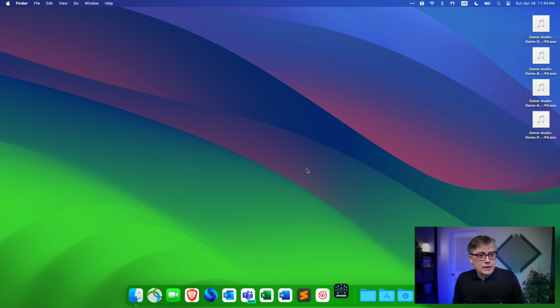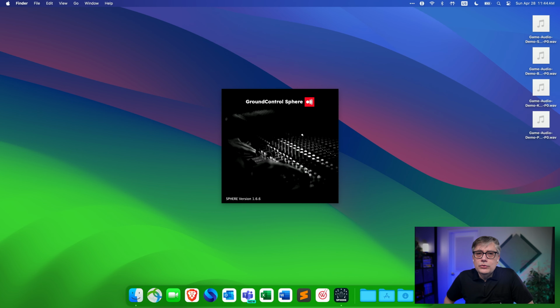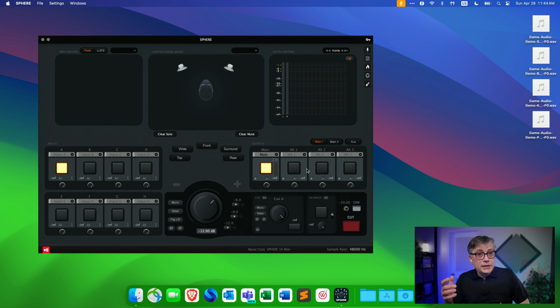Here we are. And in Ground Control Sphere, what I can do is I can select different outputs from my digital audio workstation and route them into different hardware outputs. In my particular case, all of these outputs are going to be routed into the Apple AirPods. So how do I set that up? Very, very simply. I have here the input section in Ground Control Sphere. And what I'm going to do is I'm going to select different channels coming out of MixBus to be routed into the three different buses, a 7.1.4 bus, a binaural stereo bus, and a regular stereo bus.